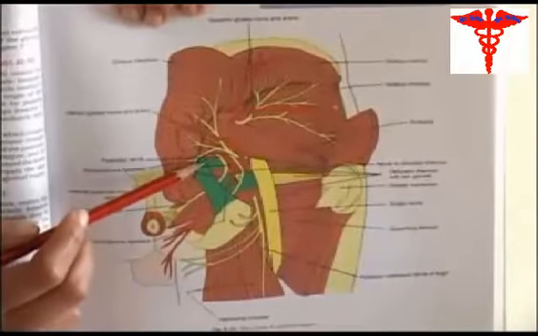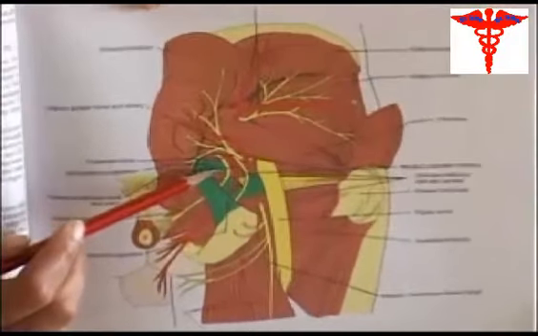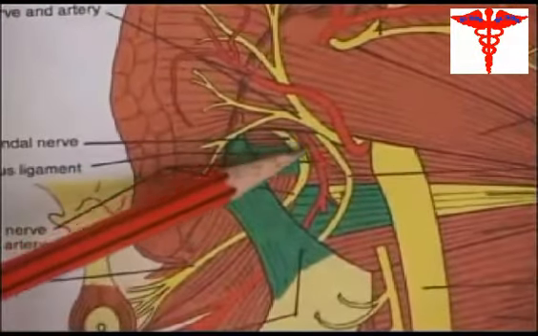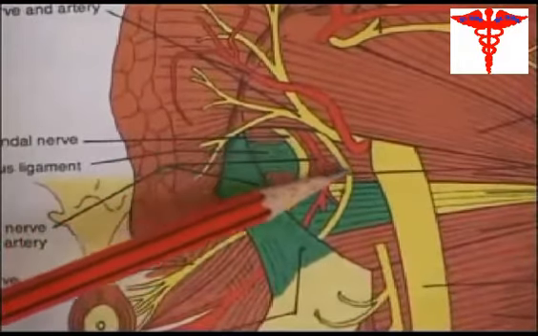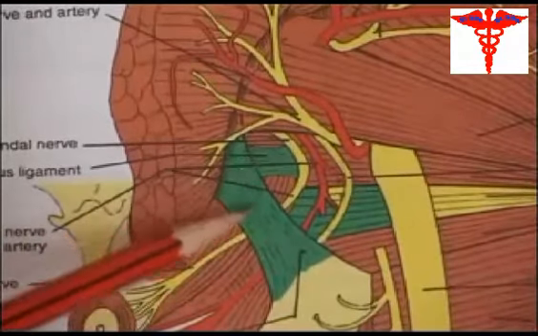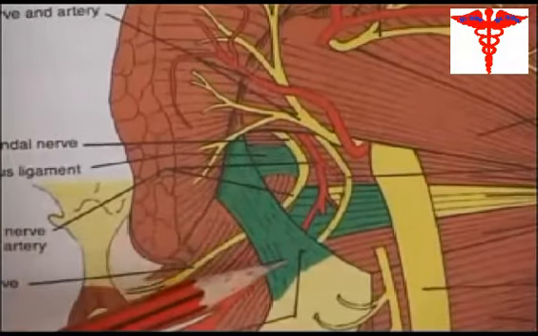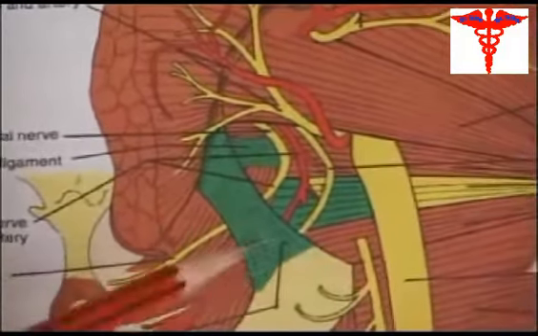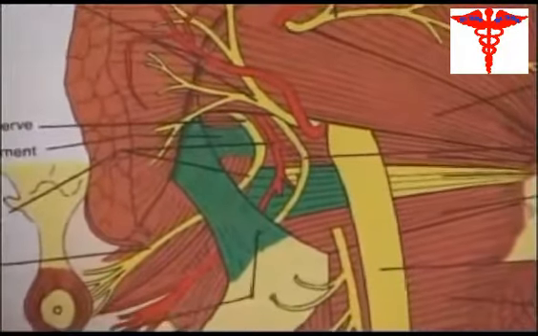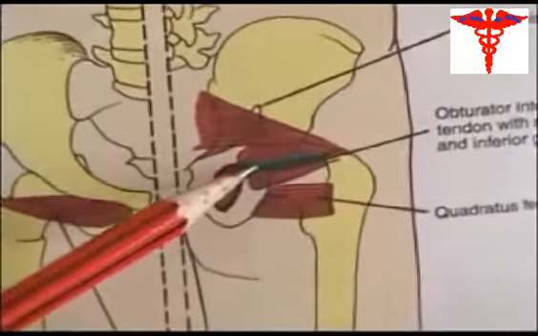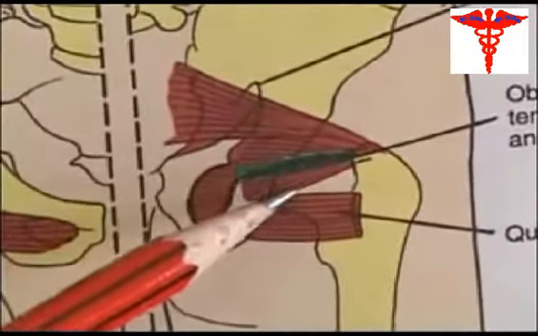The ischial spine gives attachment to the sacrospinous ligament. Its dorsal surface is crossed by the pudendal nerve medially, the internal pudendal artery in between, and the nerve to obturator internus laterally. Sacrospinous and sacrotuberous ligaments form the greater sciatic foramen above and the lesser sciatic foramen below. Upper and lower margins of the lesser sciatic notch give origin to superior gemellus and inferior gemellus.